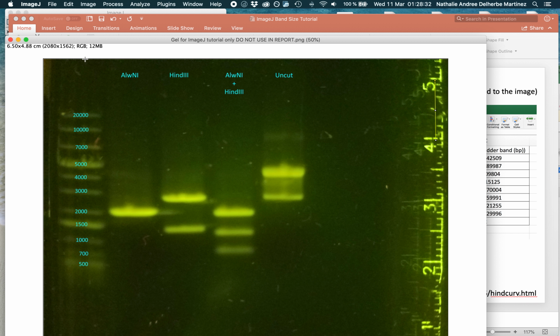So we will use the ladder here that is nicely labeled with the base pairs that they represent. We always measure from the very top of the picture. We will assume that this is straight and evenly cut, so it will be the same distance that they migrated. So we will press the mouse click and draw the line up to the bottom of the first